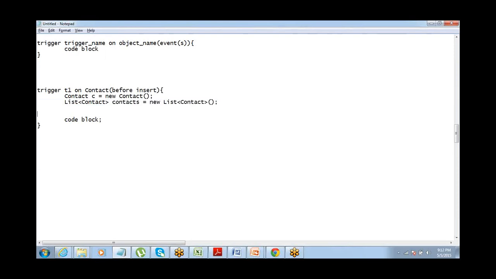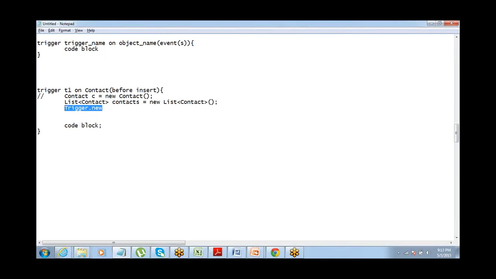Now instead of redefining this list, which was not required, I needed a list of contacts. I just want to make sure that I am checking the list of contacts. Instead of defining this, Salesforce has given us a context variable, Trigger.new. This Trigger.new returns the list of records which are being inserted.